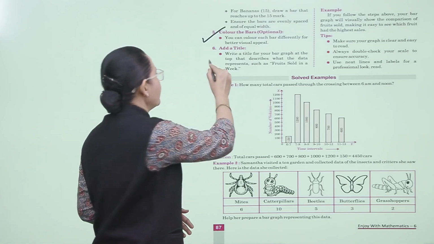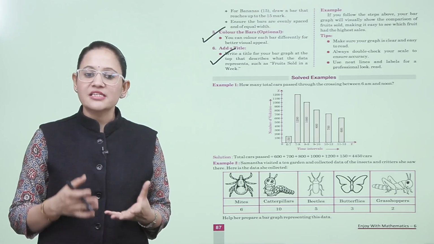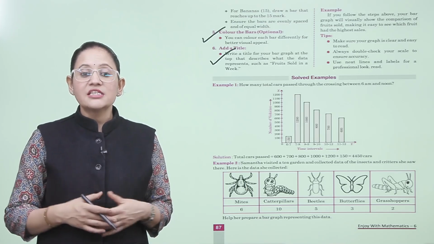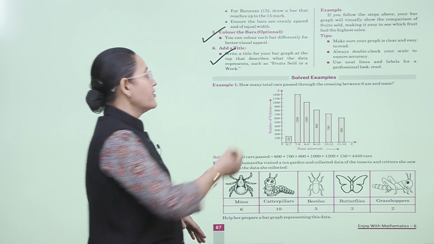Next, add the title. Write the title for the bar graph at the top that describes what the data represents, such as the fruit sold in the week. So give a suitable title. For example,